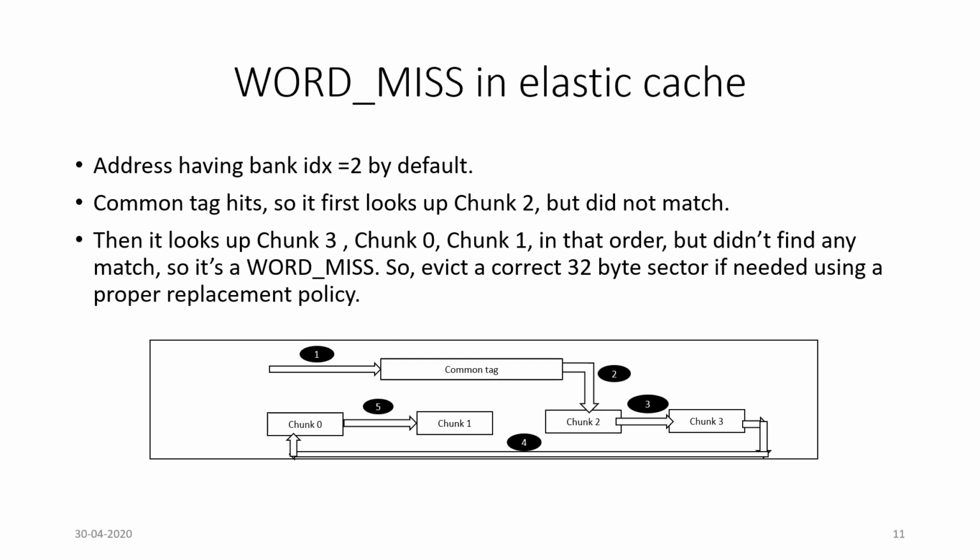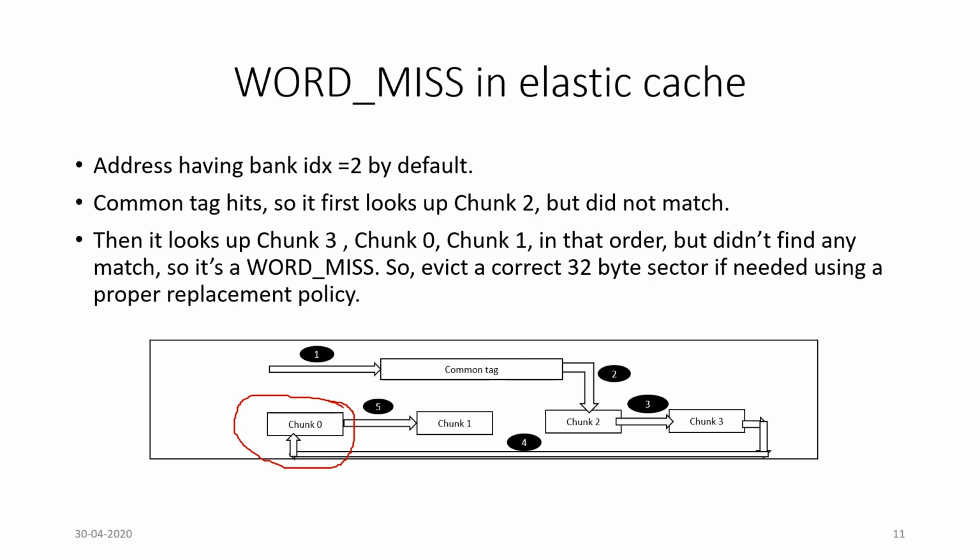So whenever we are fetching data from the lower level memory, we will fill it up in chunk 0, because chunk 0 is the lowest available chunk that is empty inside that cache line. That's why even though the access is for chunk 2, the fetched data will come inside chunk 0. So that's the novel feature inside elastic cache which is different from sector cache, and this feature works perfectly fine for continuous sectors